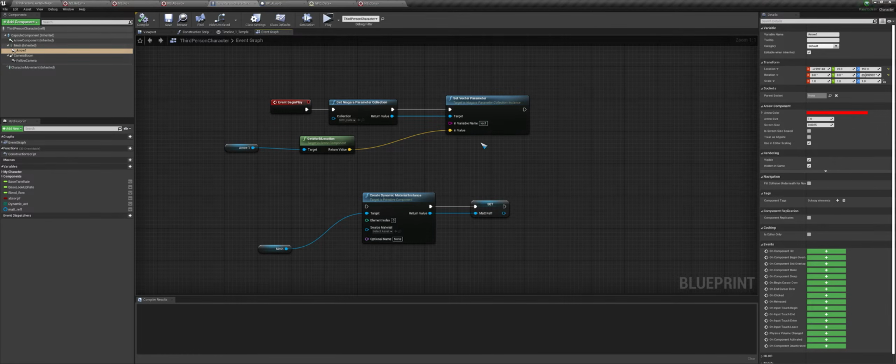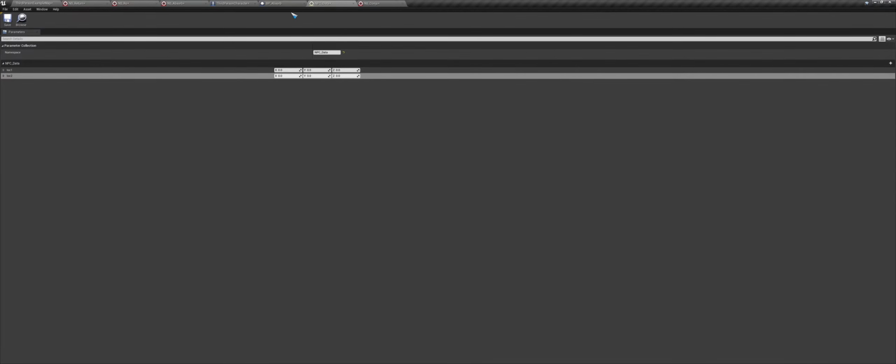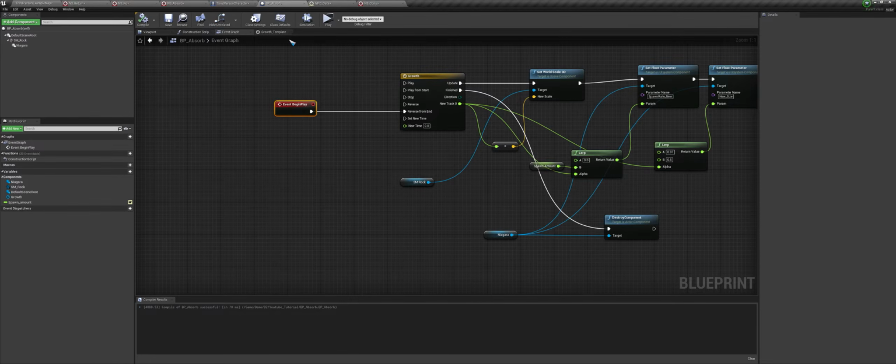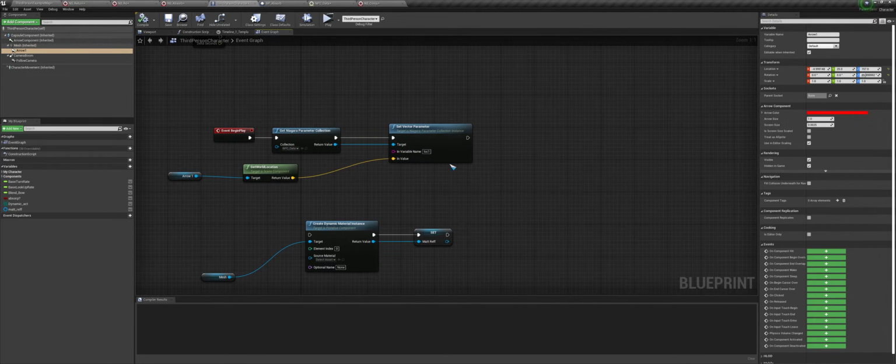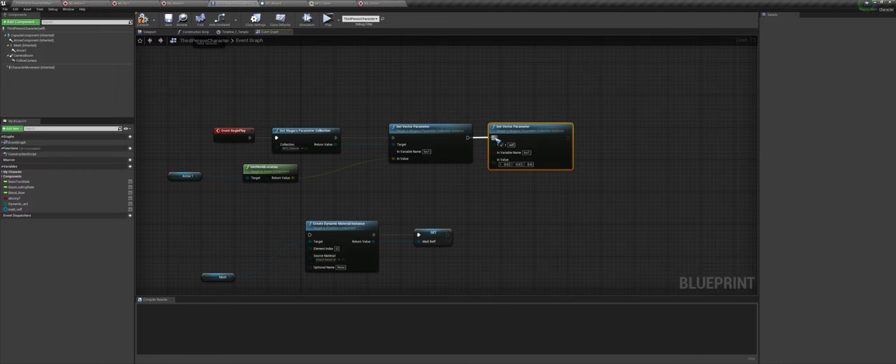So we can reuse that, or we could use our second location. So to keep everything clean and easy to understand, we can just duplicate this, and it's the same thing, and we can change this to location 2.